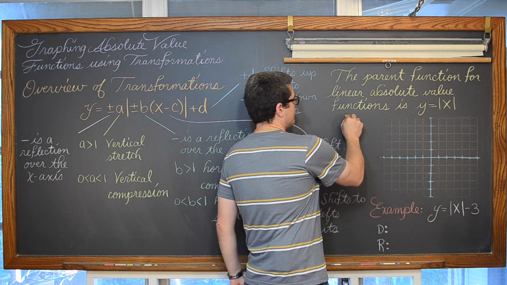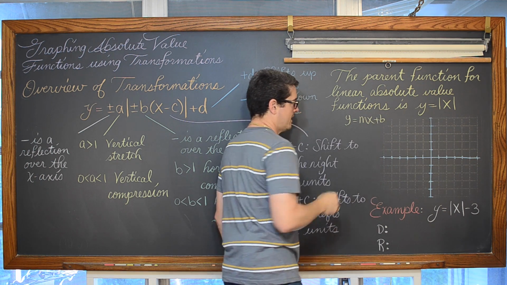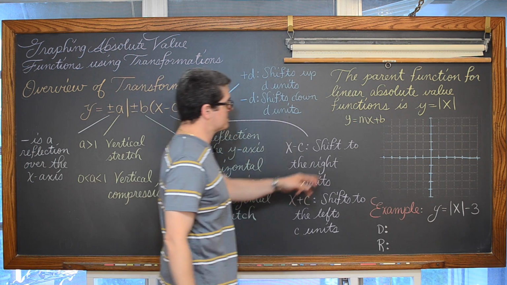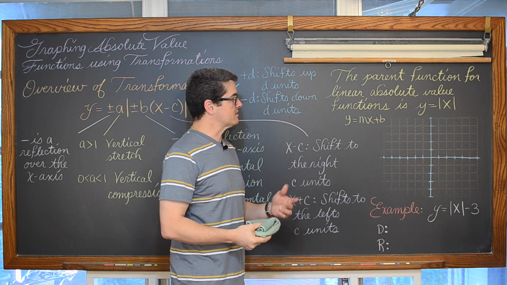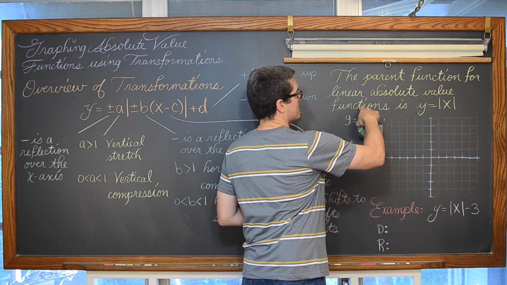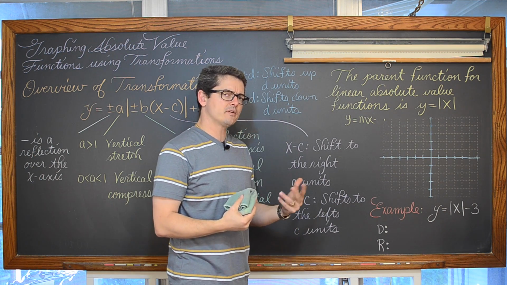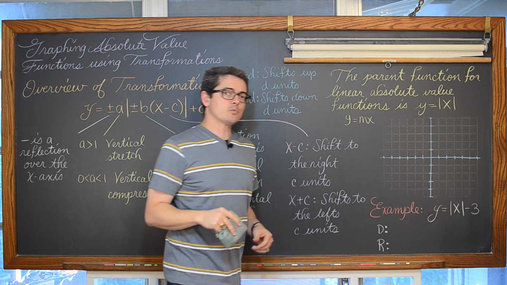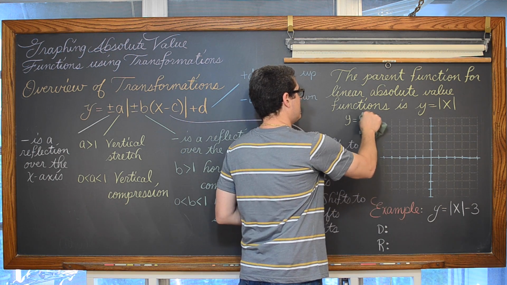If you think about graphing y equals mx plus b, there's not a lot going on inside this absolute value function, so we can lose the idea of a generic m or slope and just let the slope equal 1. We're talking specifically about linear functions, so y equals mx plus b graphs as a line. We've got a y-intercept of 0 because there's been no vertical shift, and our slope is going to default to a value of 1.